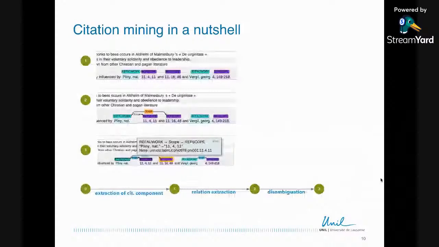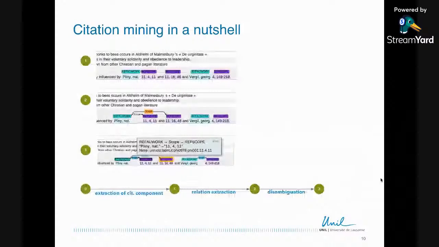And then you also have the scope of the reference, the purple bubbles. And these are the passages of that work that get cited. So in the first step, we extract all of these components. In the second step, in the relation extraction, we look at the relations between them. Like here, with the example of Plinius Naturalis Historia, you have 2 consecutive references that refer to the same work.